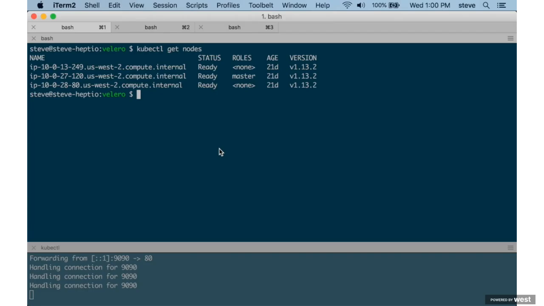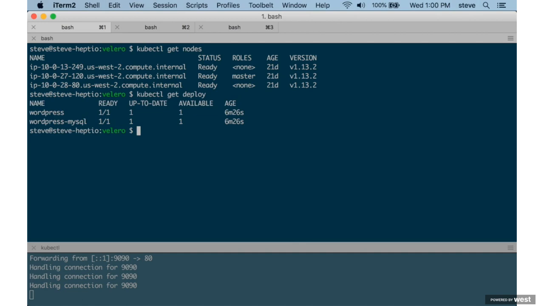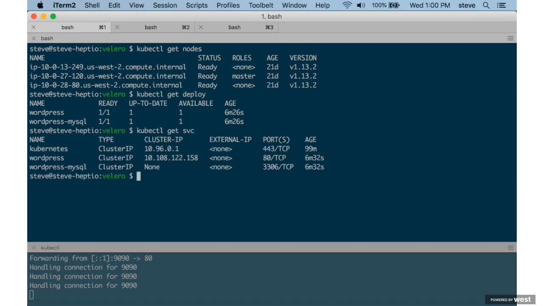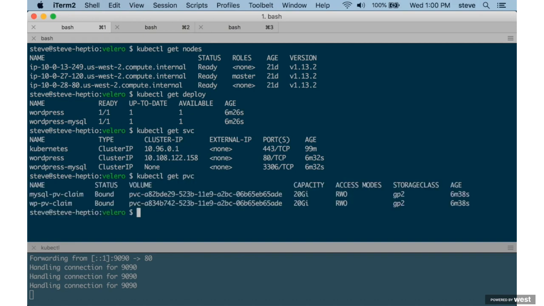I'd like to show 2 examples of using Velero to back up and restore applications running in a Kubernetes cluster. For the first example, I have a Kubernetes cluster running in AWS, and I have a WordPress instance running within that cluster. If I take a look at the deployments running in my default namespace, I'll see there's a WordPress and a WordPress MySQL deployment running. Additionally, we have a couple of services running,